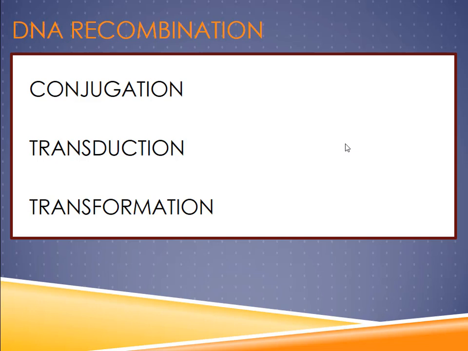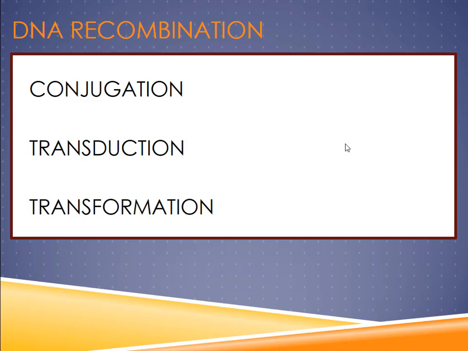So, for example, you and I, we have what's called vertical gene transfer, where we get all of our DNA from our parents. And so if there was a mutation in their DNA, we would inherit that. If there was a mutation in our DNA, it would be inherited by our progeny. But in this case, it's DNA inheritance within the same generation. So it would be like a mutation in your DNA you could pass to your brother or sister or your classmate sitting next to you. And these three types are conjugation, transduction, and transformation, and I'll talk about the fourth type of DNA recombination afterwards.